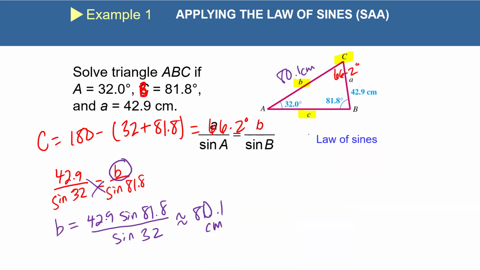And the last piece that I have to solve is C. So I'm going to set the same proportion using my A. You want to always use as much given information to begin with. Since they gave us everything about A, that's going to be our starting ratio. So we have 42.9 divided by sine of angle A, which is 32 degrees, equals, and this time we're looking for side C, and the angle of side C is 66.2. So again, what are we going to do? Cross multiply and